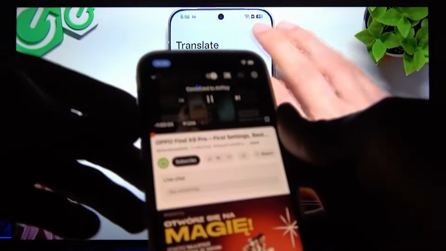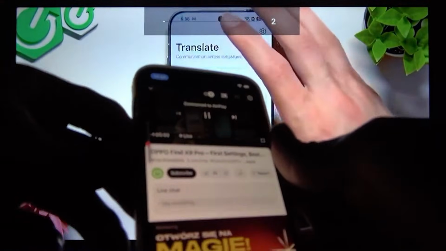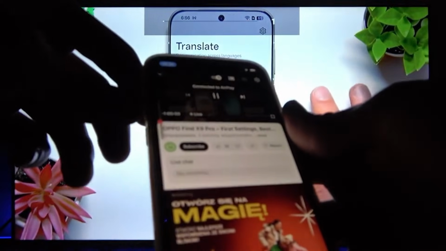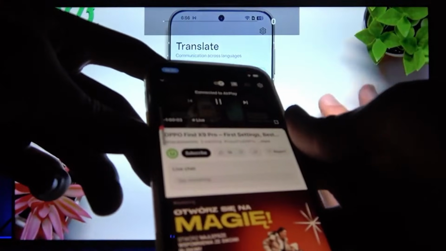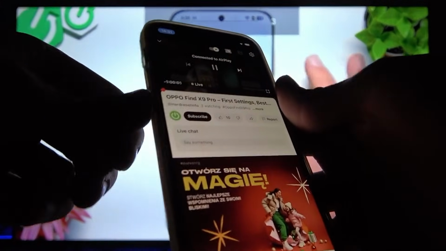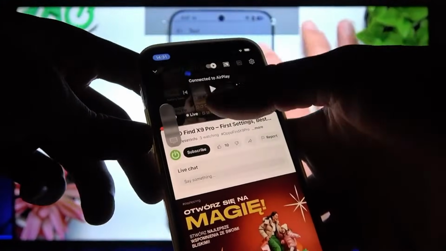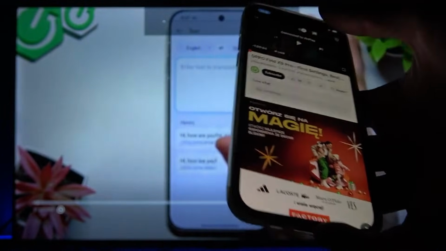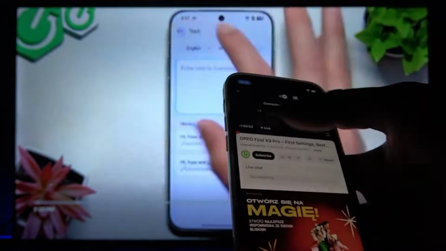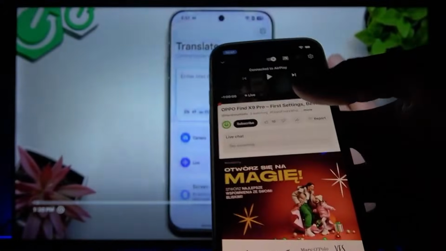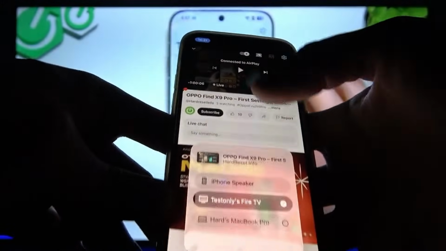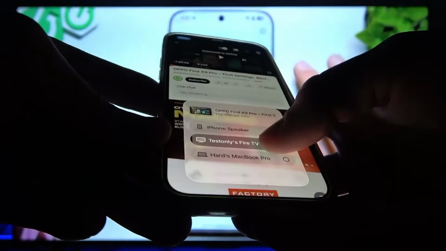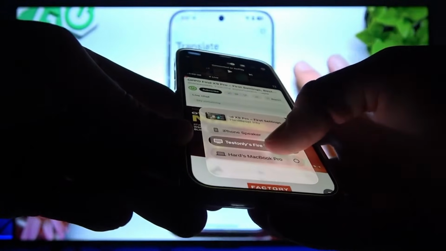So we can actually control our TV using iPhone's control buttons. We can pause the video on the iPhone and it will also pause on the TV. We can switch to the next one and it will of course also switch on the TV. Besides, we can also control our TV by tapping the same icon once again, and